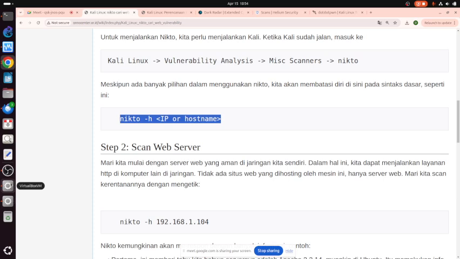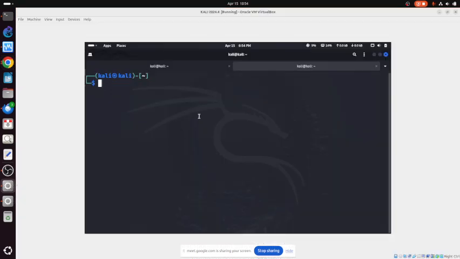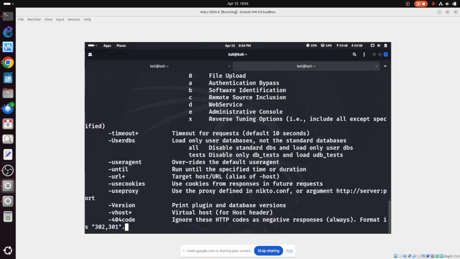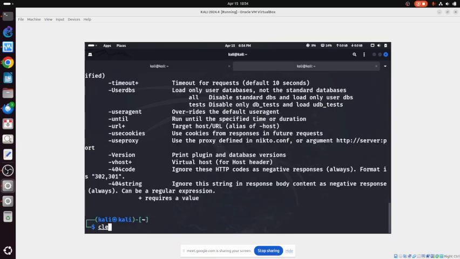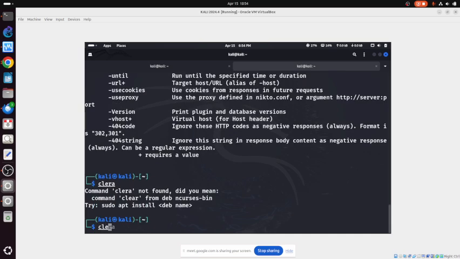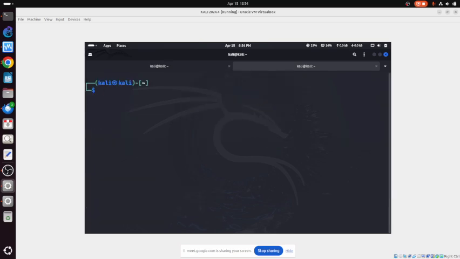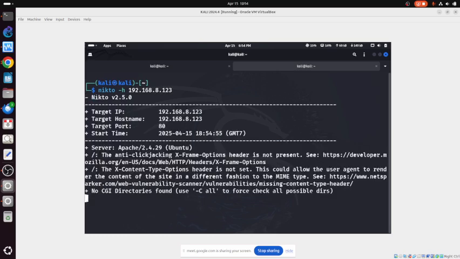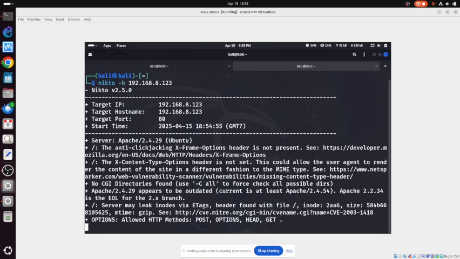Let me see if Nikto is available. Okay, it's available. So type clear, then nikto -h and the IP address of the server, 192.168.8.123. So it will attack directly the server.